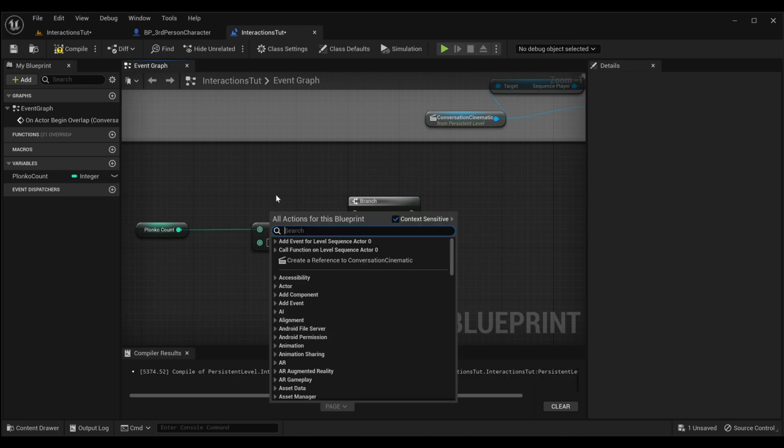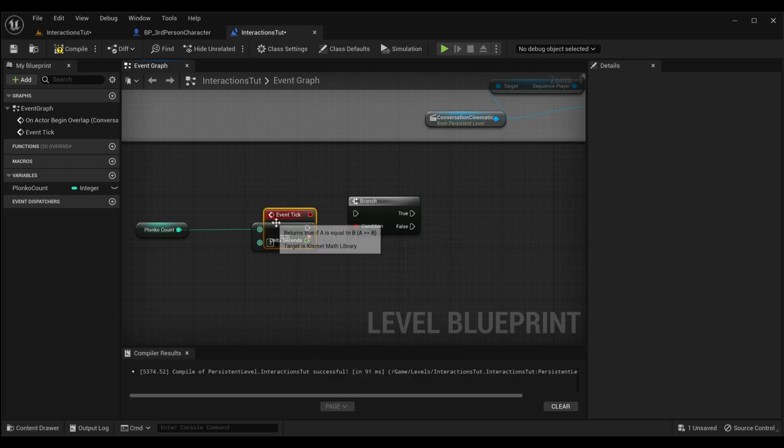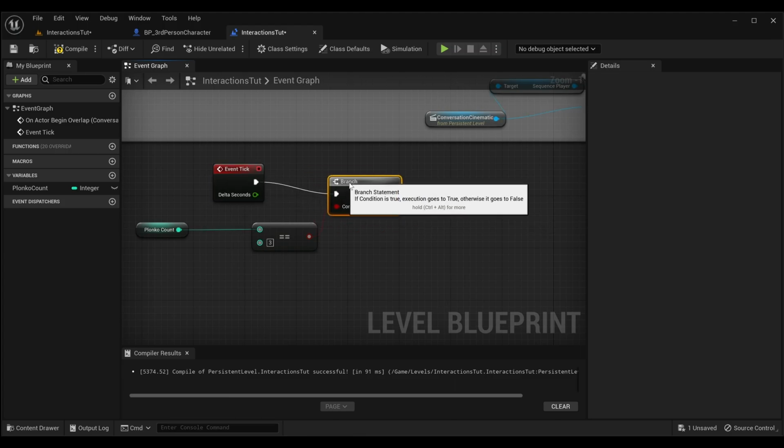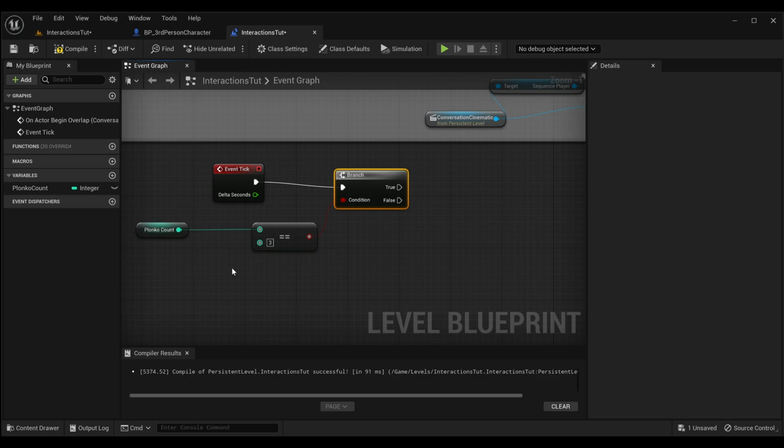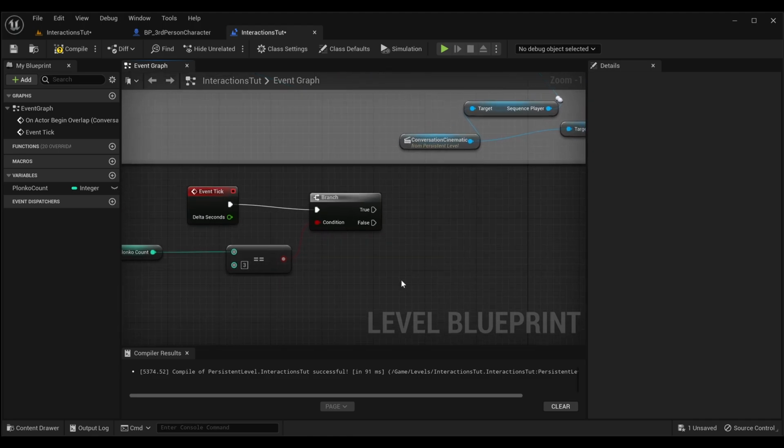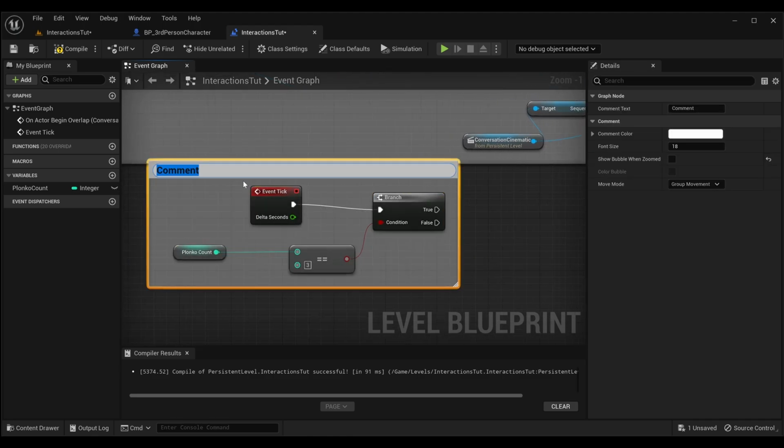And then this will just be in like an update, a tick. So we're going to check this tick. Cool. So now all the time we're just checking what our plonko count is, if it equals 3, then this will ring true through our branch, and then we'll be able to trigger the next action. So this will be our Plonko counter,